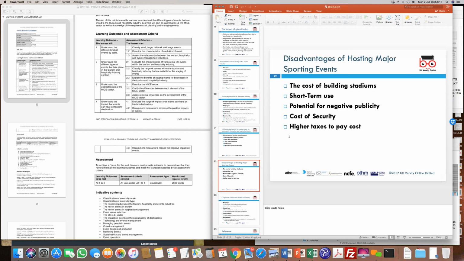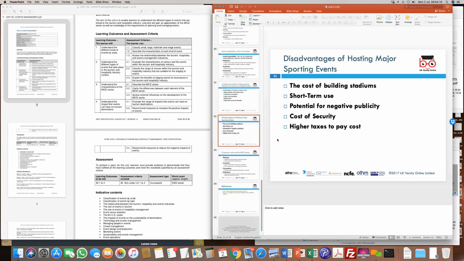Now, disadvantages as well, and when we talk about these disadvantages, sometimes you'll see I mentioned some of these in the past, and the idea is because you're explaining the benefits, so we're looking at both the positives and the negatives. And the negatives could be things like the cost of buildings. Sometimes these infrastructure projects cost a lot, but the return on investment is very long term. That means 10 years, 15 years, 20 years. The money being spent is proportionately only short term, but the returns on that might also be short term, but the investment gets locked in for a number of years.